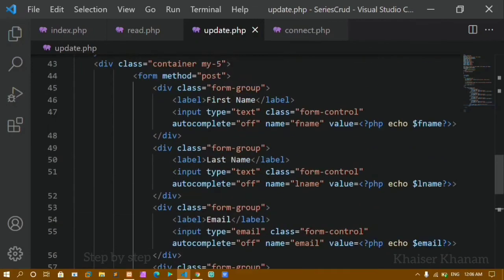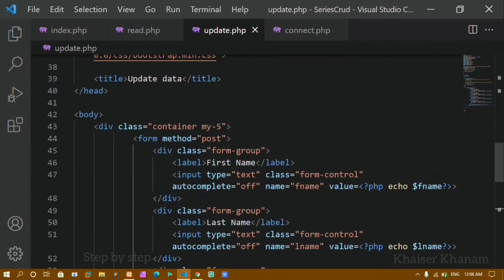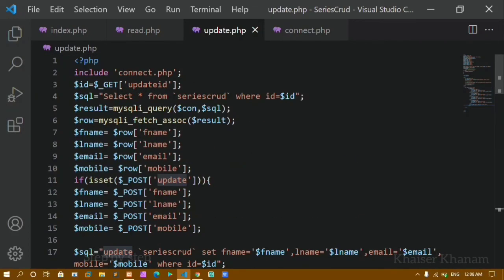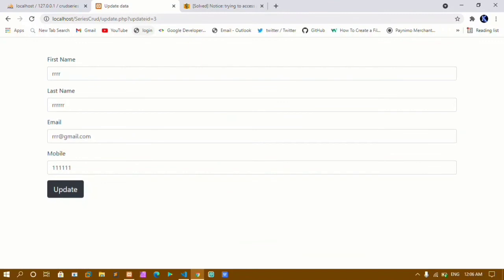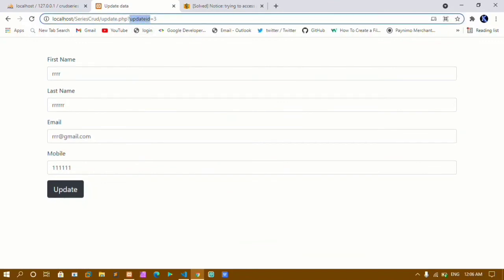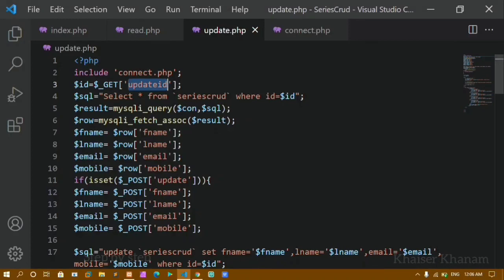Once I am done with my structure, I'll come above, and here you can see this ID I got from the URL. If I click on update, you can see this particular update ID is equal to 3. I am getting this ID from the URL, and I am storing that ID inside this variable. Now I want to access only that particular field's data from the database. So I'll write here select star from table name, and where my column ID